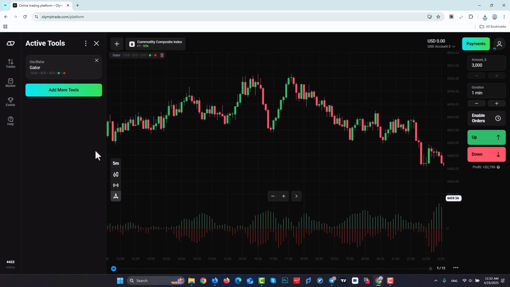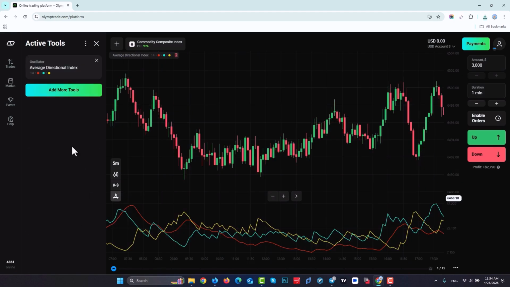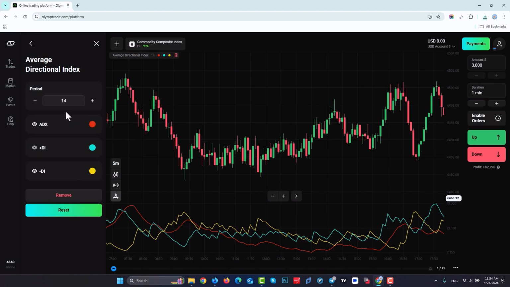The Gator oscillator complements the alligator indicator for analyzing market phases, and you can adjust its settings between the jaw, teeth, and lips categories, as well as colors. The Average Directional Index oscillator measures trend strength, and you can adjust the settings of this oscillator between the period, ADX, DI,